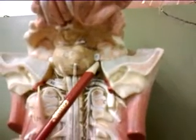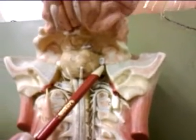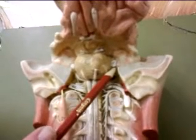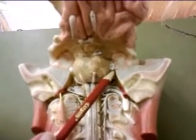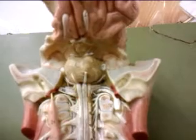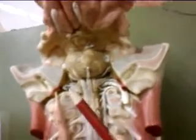The 5th cranial nerve is the trigeminal nerve, whose function is sensation between the eye and the teeth, which is responsible for chewing. The 6th cranial nerve is, and I hope I'm pronouncing it correctly,